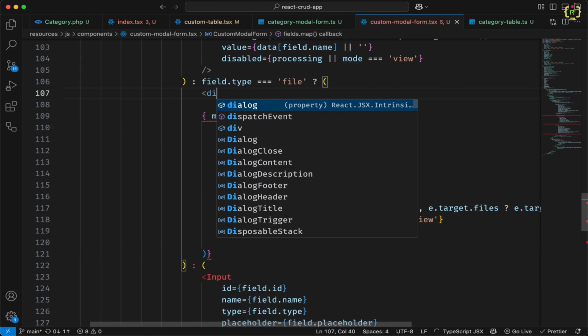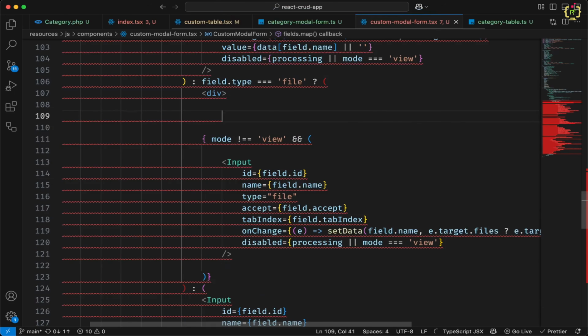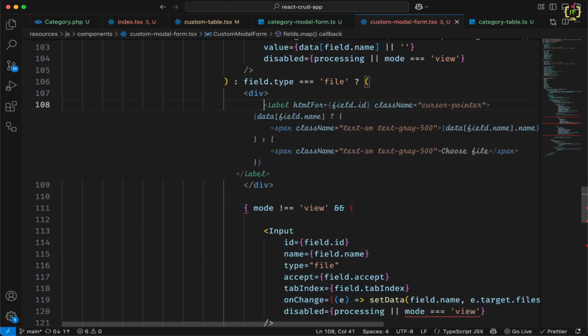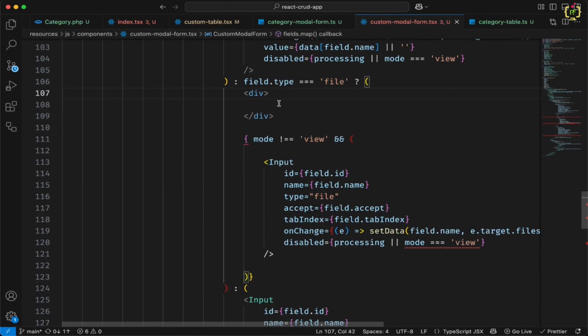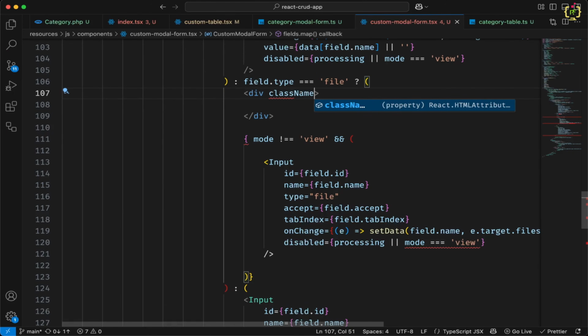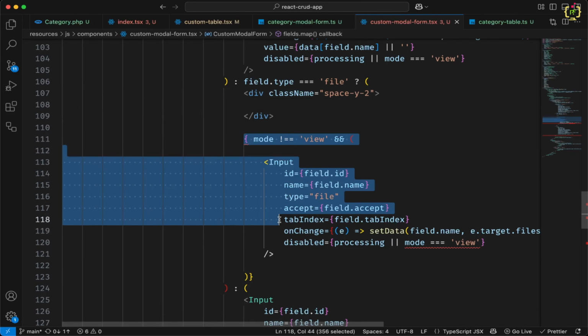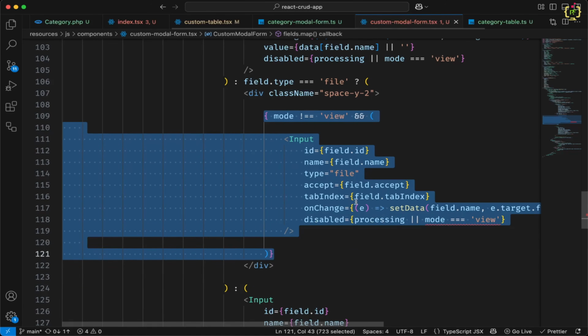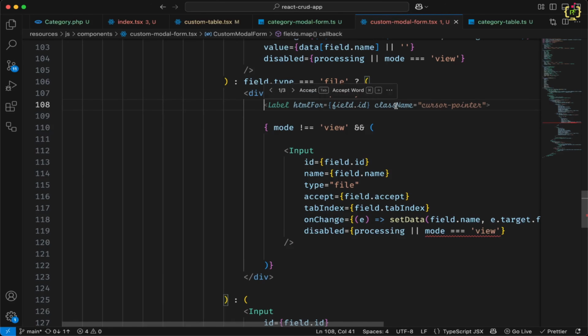So I will add div, and if it is view mode then we have to display the image in the preview mode. So I will just pass one class name, space-y-2,